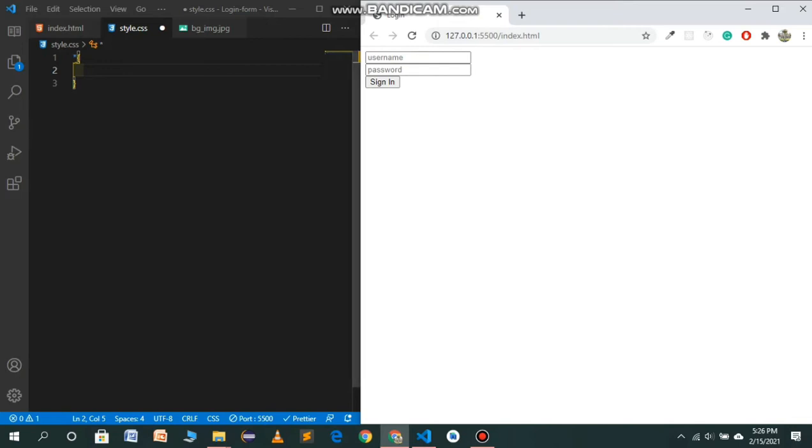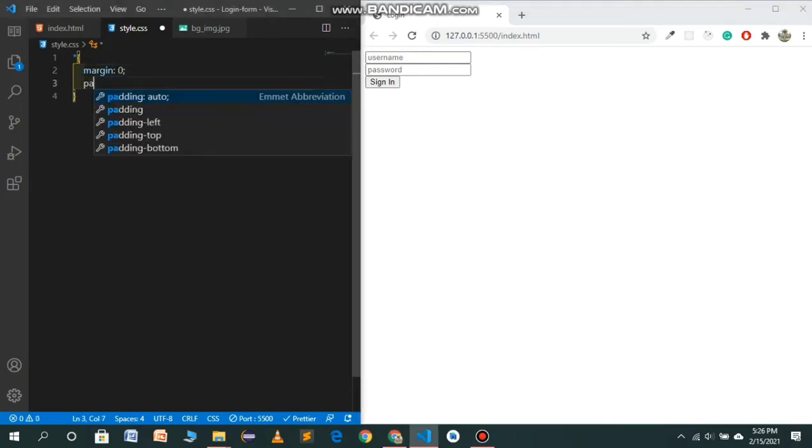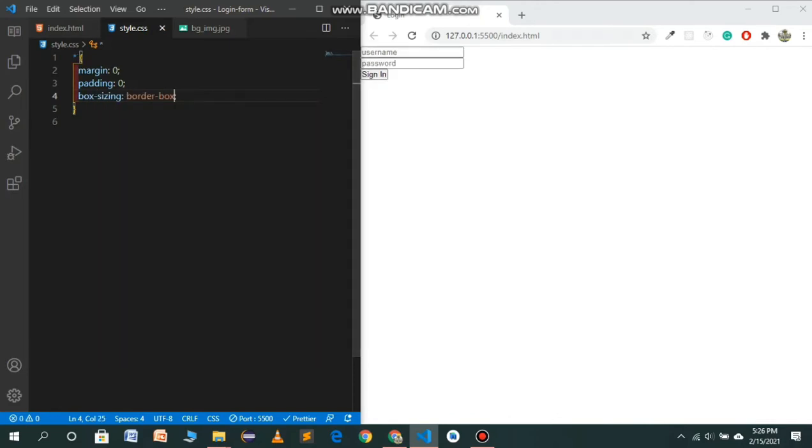We have to set margin 0, padding 0, and box sizing border box, so it comes aligned with the corner.